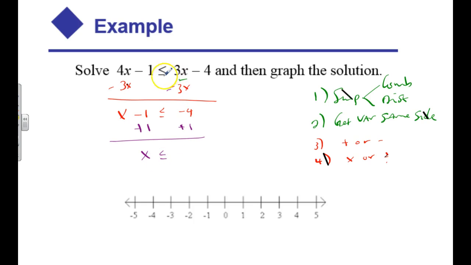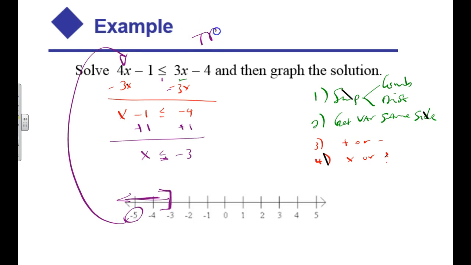So I'm going to keep this less than all the way through. -3, this time it's equal to it, so I'm going to put a bracket on -3, and I want all the values that go to the left. So that means if you were to check a -5 and put a -5 in here, you should get a true statement. -6 will make this true. In fact, all those values to the left, and -3 should make it true as well,